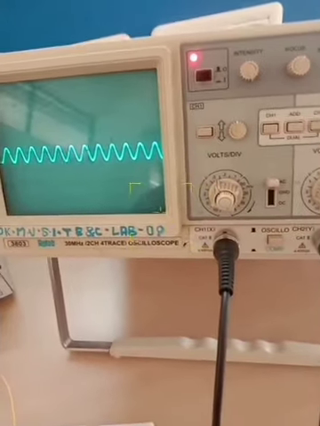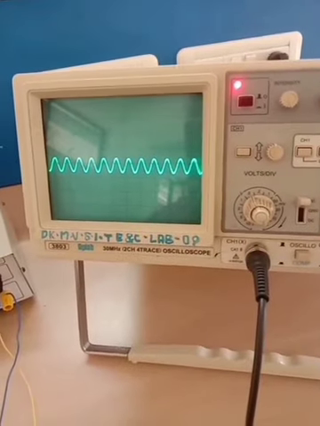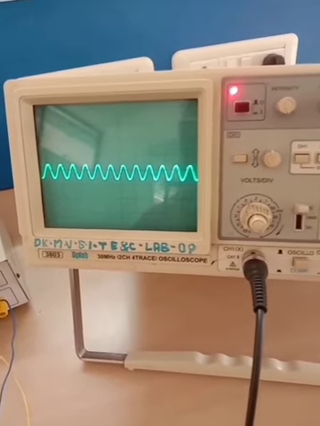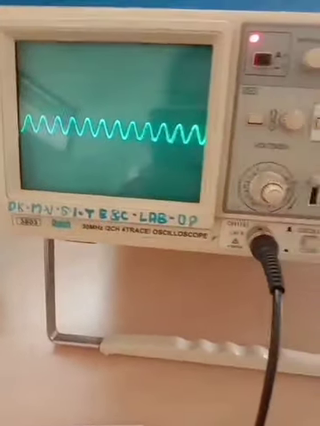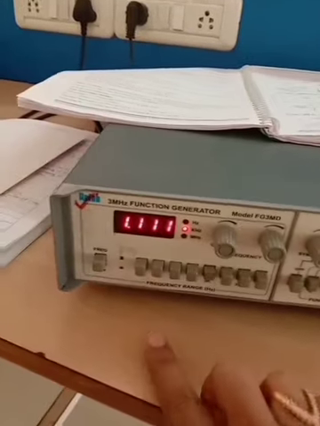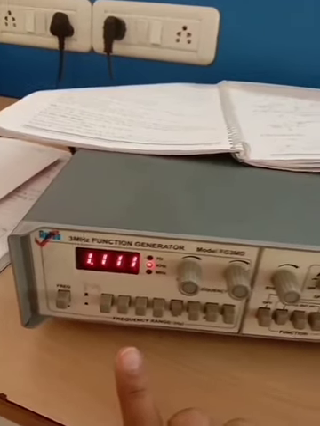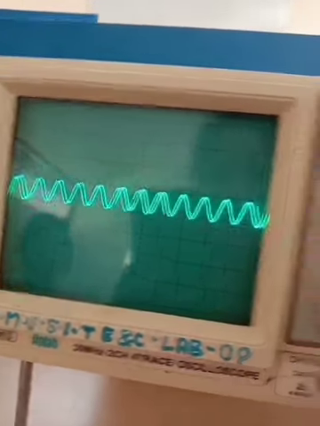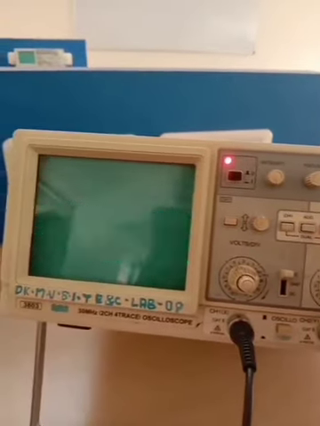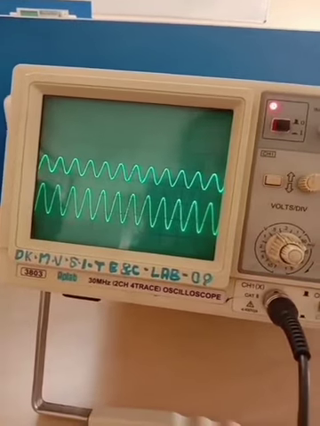When you connect the CRO to the output terminal, the input signal is a sine wave. When you give 0.5 volt at 1 kilohertz along with the sine wave input, you will get an amplified sine wave output also.